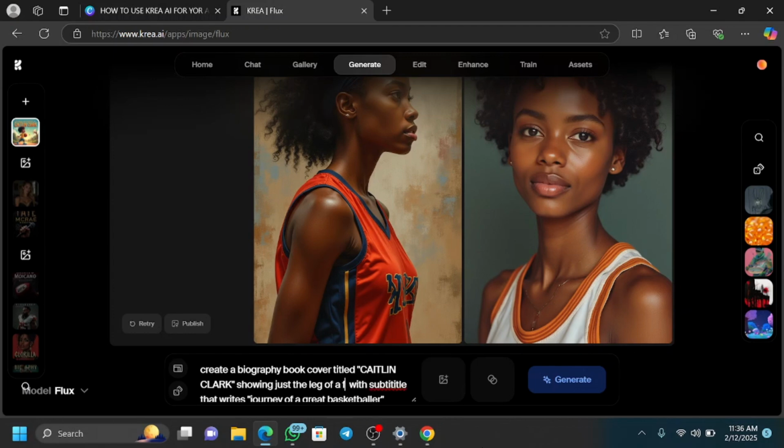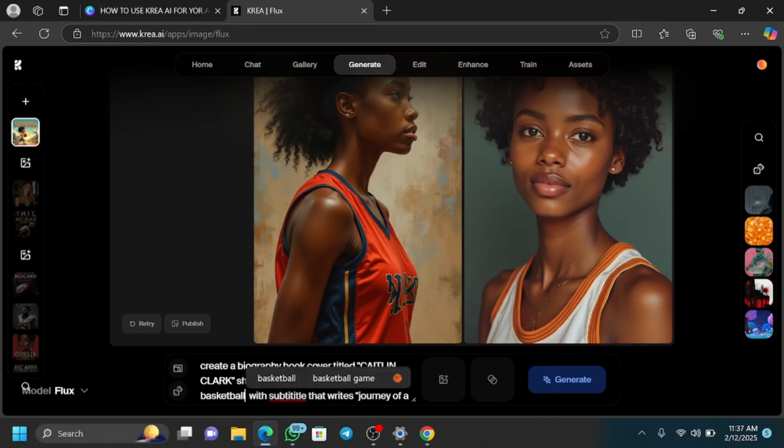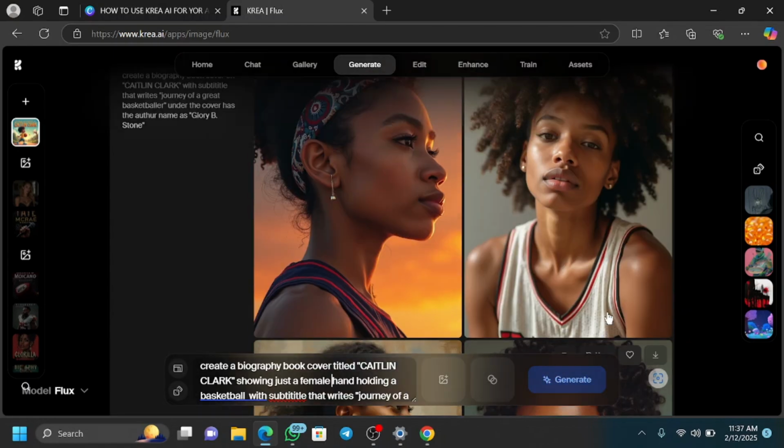Okay, no, showing just a basketball, or just showing just a hand. Yeah, this is okay. Hand holding a basketball. May they not give me a man's hand. Let me change it. Showing just a female hand holding a basketball, with subtitle that writes